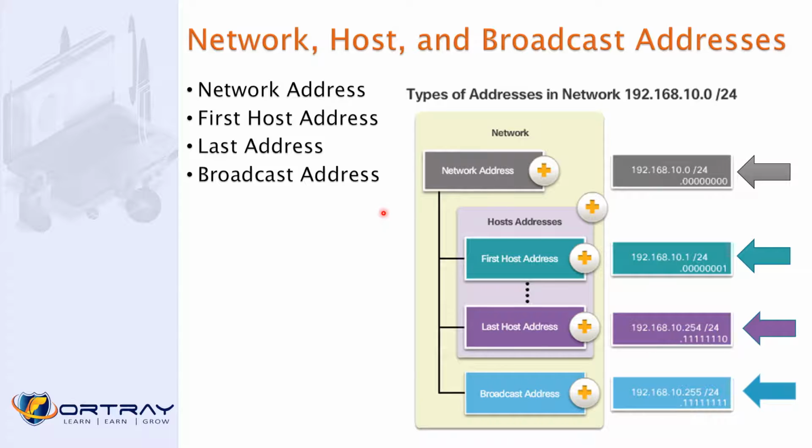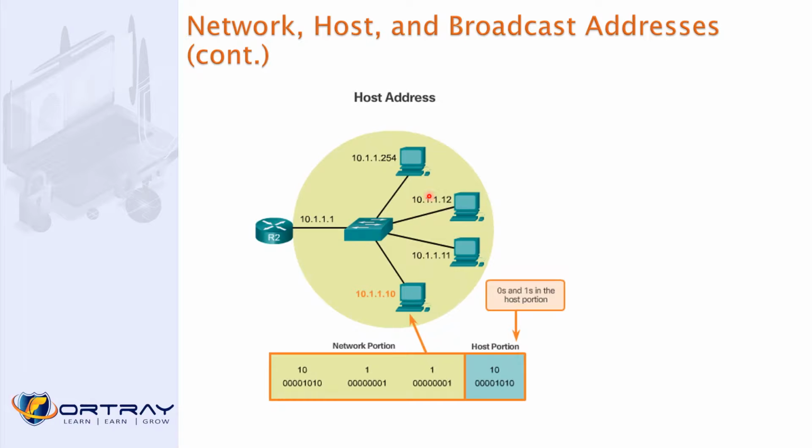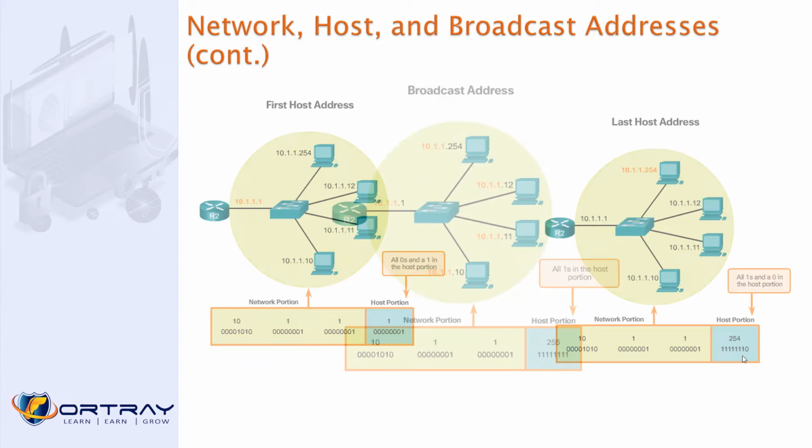So when we say IP address, it has a network address, a first IP, a last IP, and the broadcast address. Keep in mind, this is how we can assign the network, host and broadcast addresses. We have one network, 10.1.1.1 to 254. So basically, you can distribute these IPs later on to different machines. Right? This is called one network. Host addresses are a combination of different bits. So this is the first IP, this is the last IP, that's what we discussed already, and this is the broadcast IP.